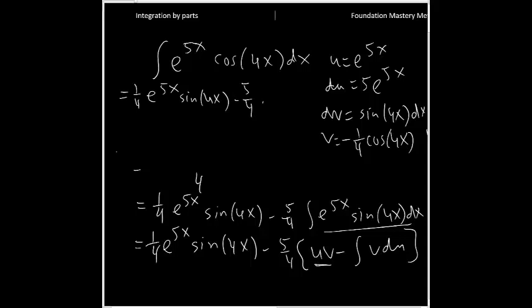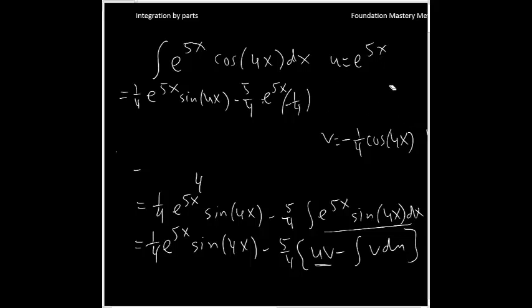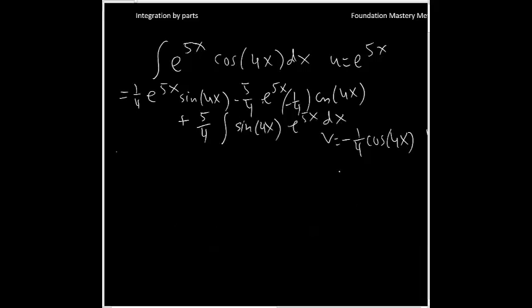Now you have uv here. So u is e to the 5x, and your v is negative 1/4 cosine 4x, and then negative negative will be positive 5 over 4 integral. So let me go with the shortcut and verify this one, then I'll come back, because